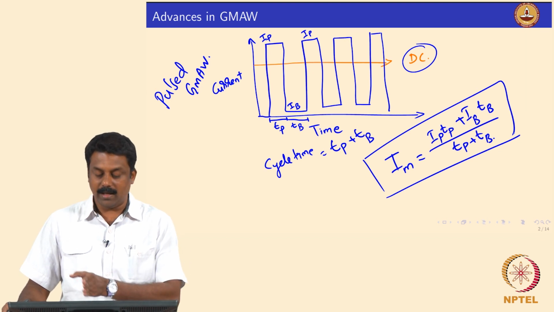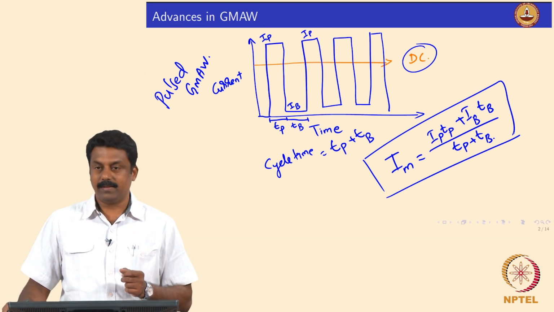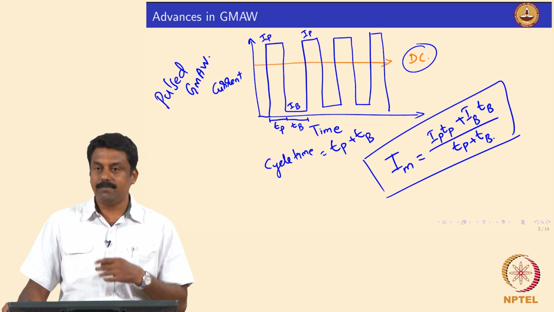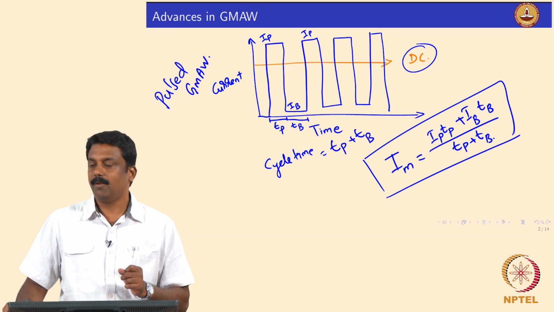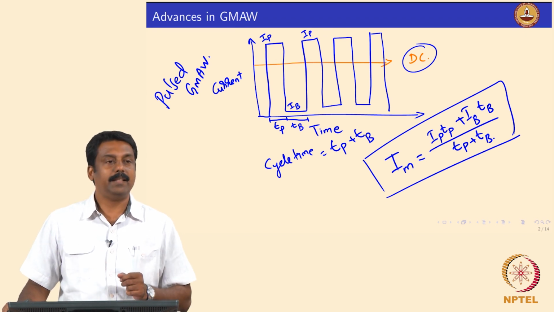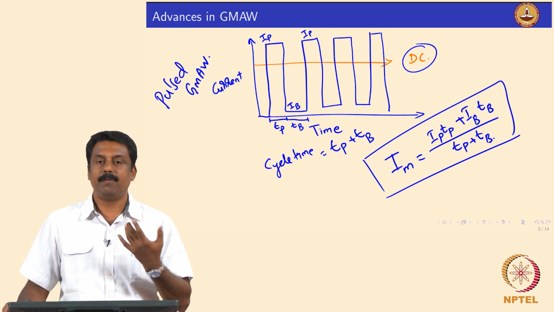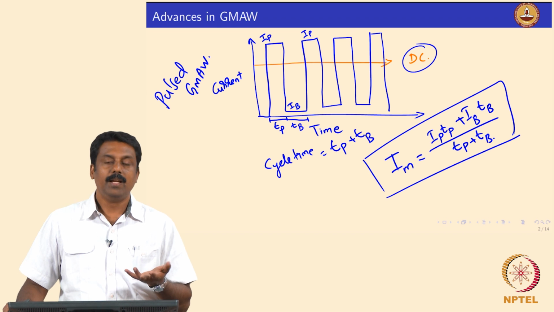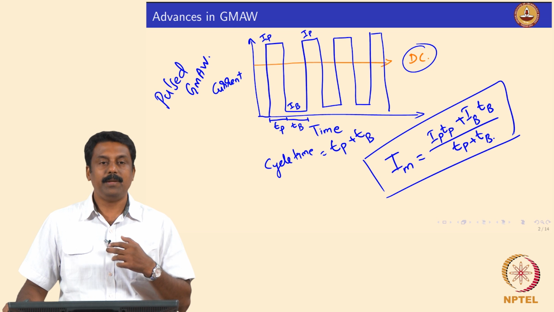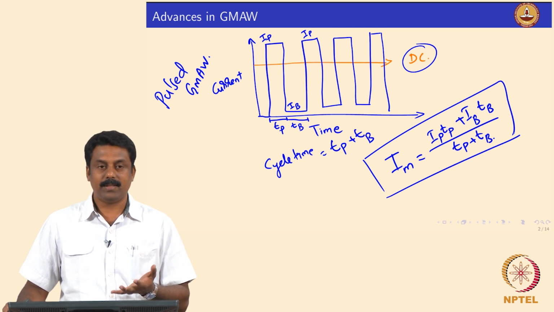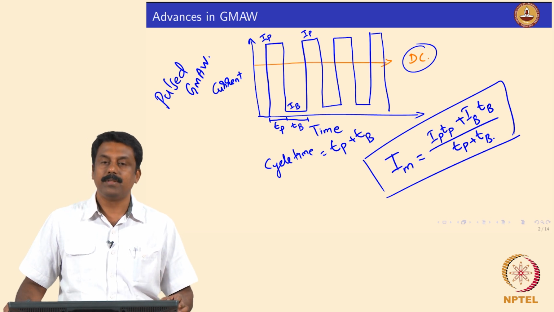Suppose you are applying a 50 hertz pulse, okay. So, the number of pulses is 50 per second. So, you get 50 droplets per second, okay, over this pulsing cycle, right. You can increase the pulsing frequency subsequently, but that depends on the power source characteristics. So, by using modern rectifier or inverter based power sources with microprocessor control, we can achieve such waveforms very easily, right.